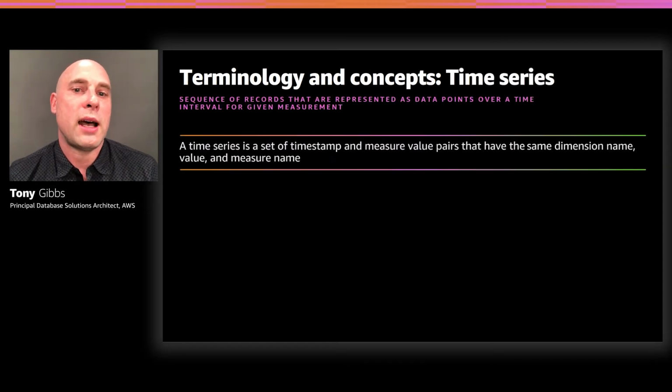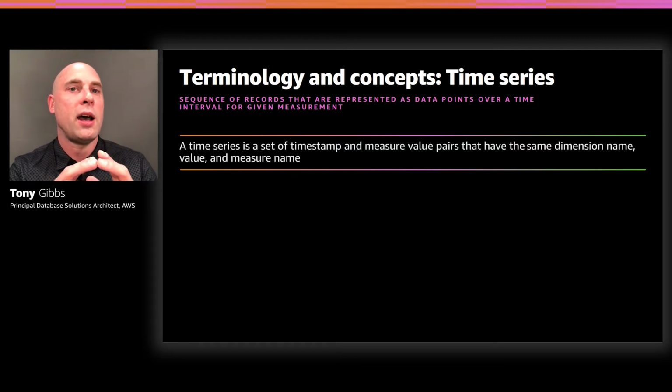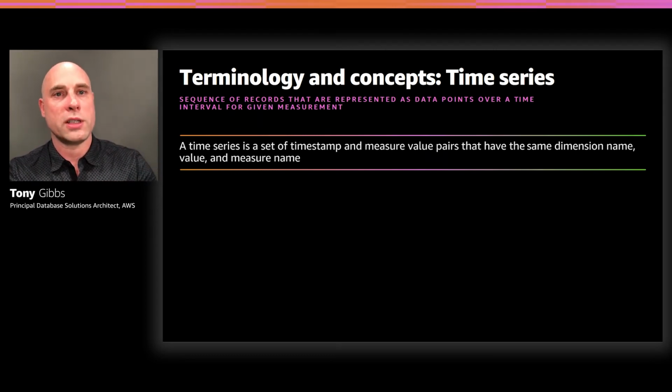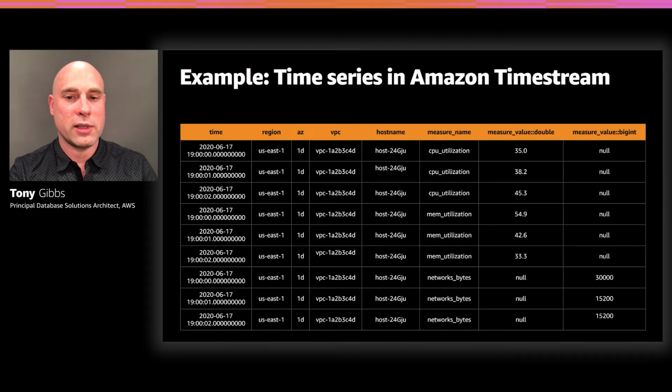The next is time series. This is what we're typically expecting data to come into Timestream as, so this is a series of data points. Think of it as having a set of dimensions, and then for that set of dimensions, you have a measure value that's changing over some interval of time, and that's really what you're measuring. It's kind of hard to explain verbally like this, so I'm going to go through this slide here